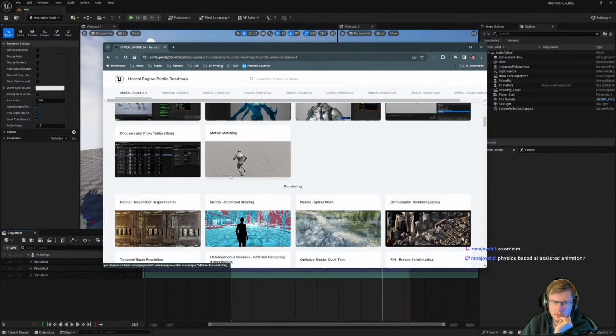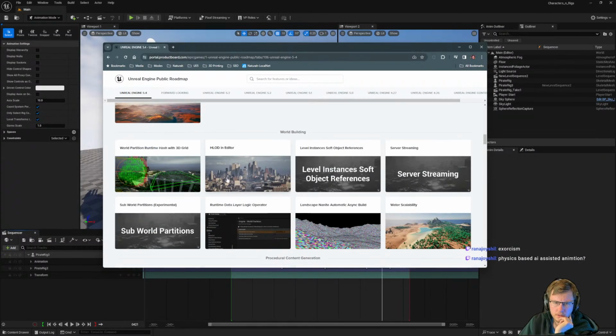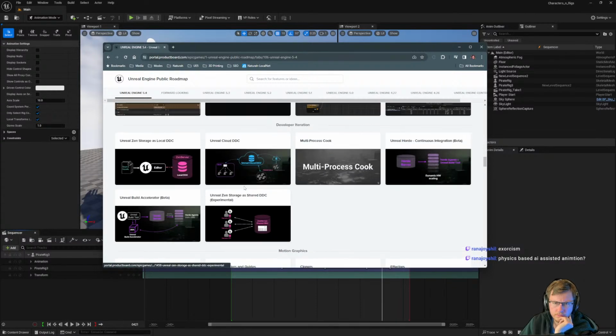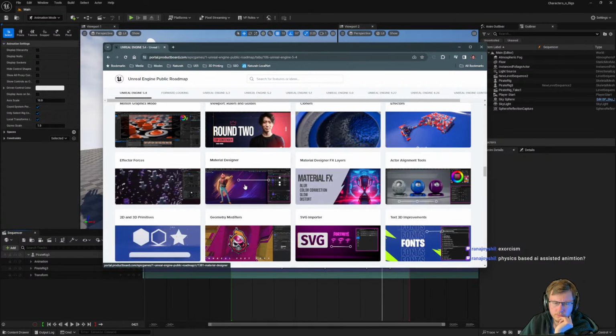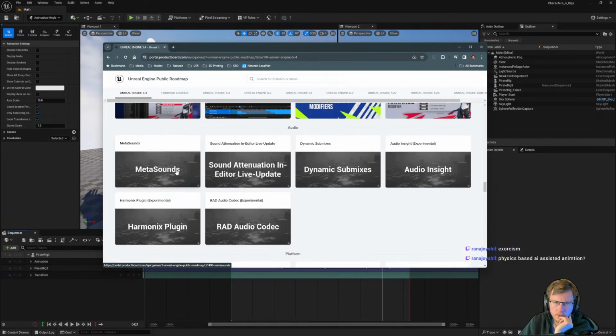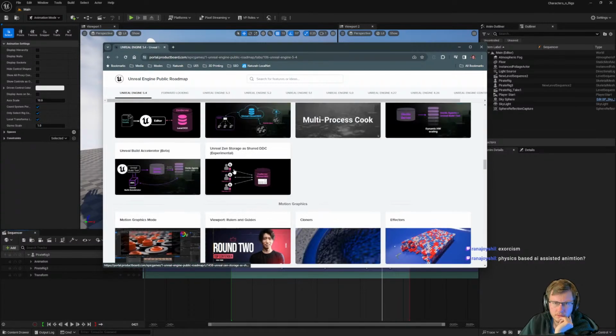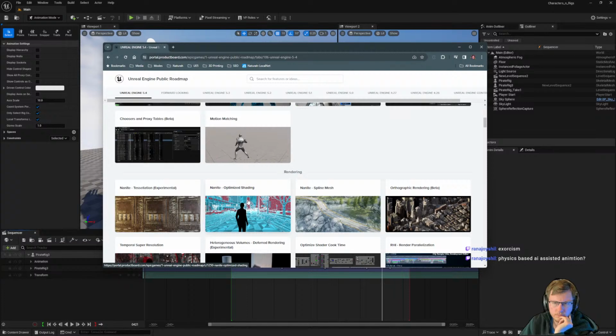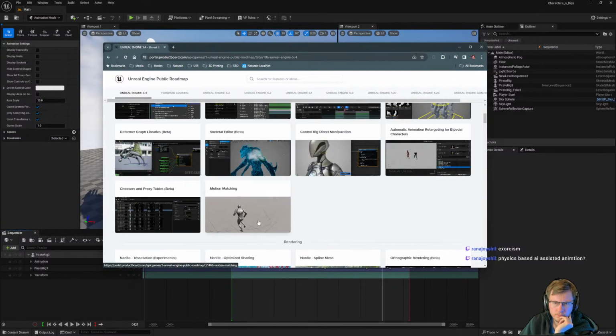It's the Midas sounds. What am I looking for here? The thing that's motion matching?